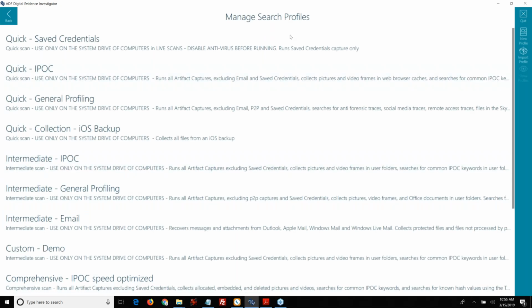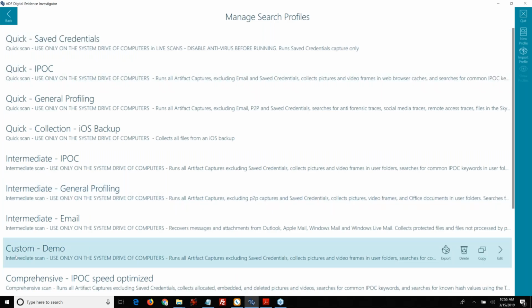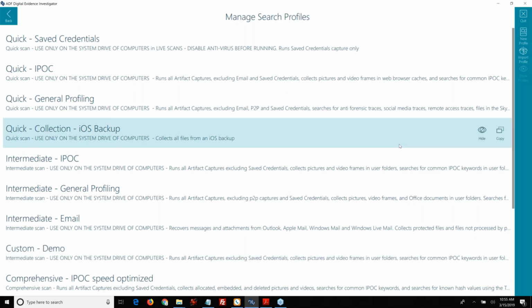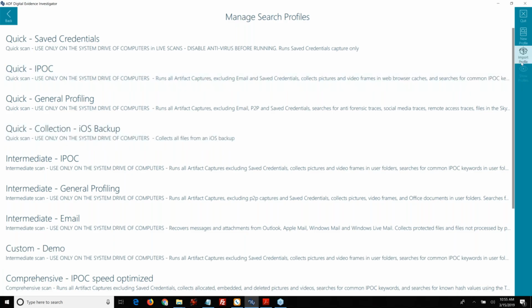And now you can see in my managed search profiles, there is my custom demo, and it is there for me to export, delete, copy, or edit. Let me get into importing real quick. So you can see there's an import profile. If I open that,